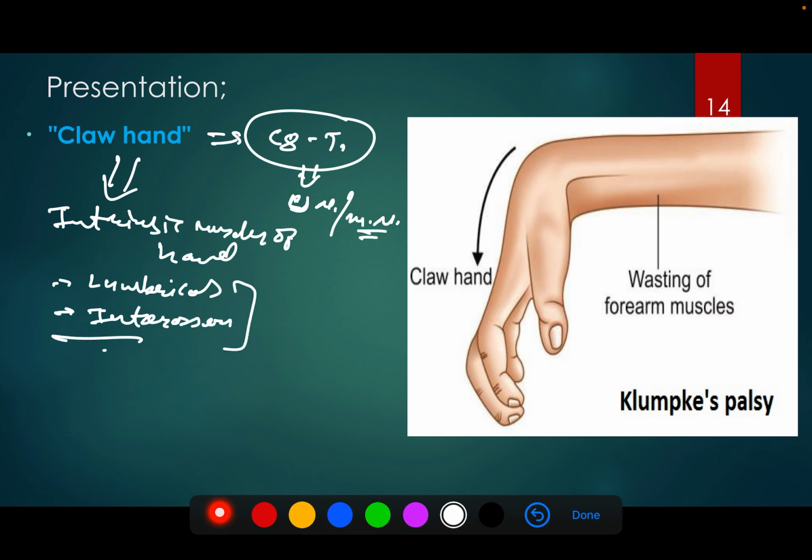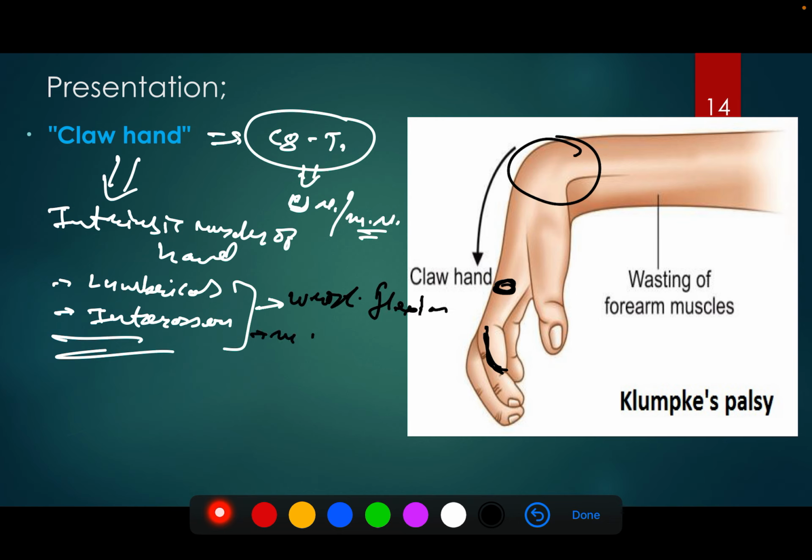So both of these are affected. Because of this, the patient presents with, look at here, wrist flexion, and after the wrist flexion you can see over here the extension of the metacarpophalangeal joint, right? So we have the metacarpophalangeal joint extension and interphalangeal joint flexion, right? So it will come with the wrist